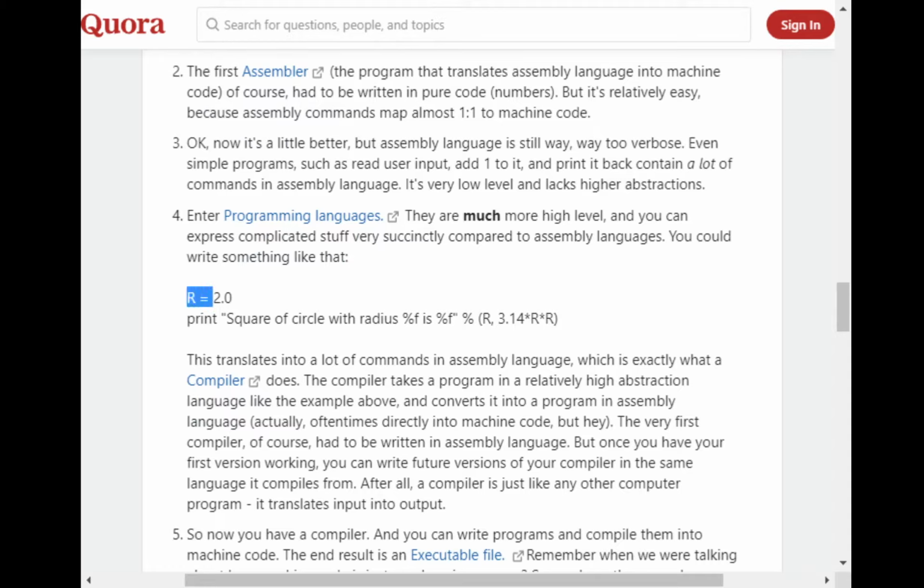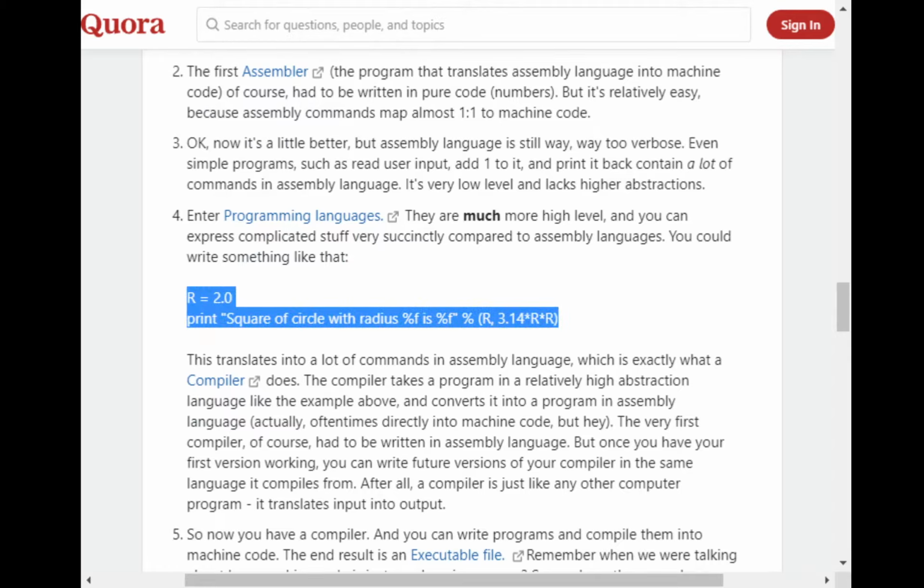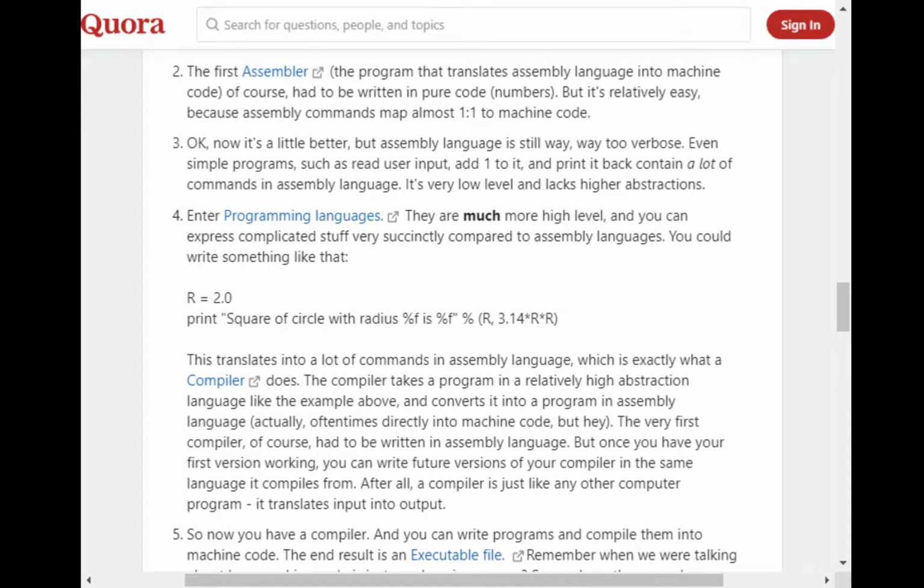But then in a programming language, it's more human readable. We could say something like, hey, I have this variable r that is 2.0, and I want to square the circle with this, and make these calculations, right? That is a higher level language, but it still is performing operations on registers, with and, or, not type values that are happening on a processor, right?